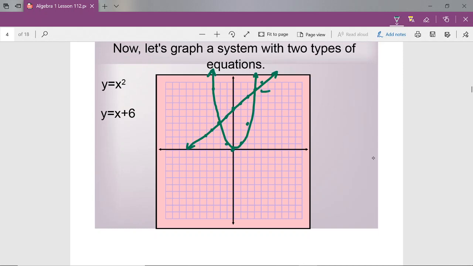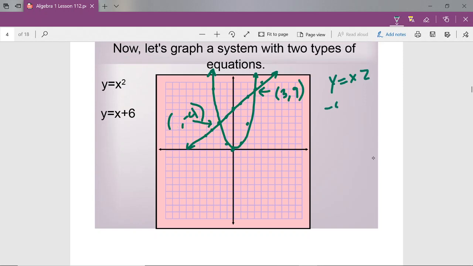So it looks like we have one up here at 3, 9. We have one over here at negative 2, 4. Well, with this actually, we can check, but both of these are going to be solutions to this system of equations. We can plug them in. So we'll start with this negative 2, 4, and with y equals x squared, I plug it in and we say